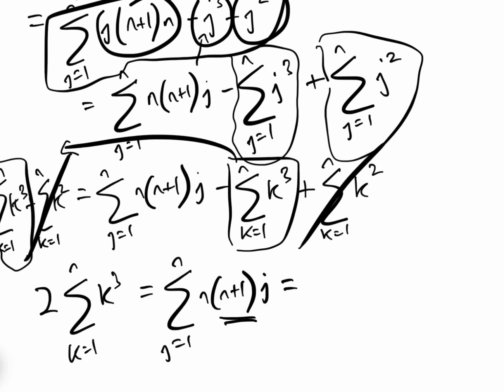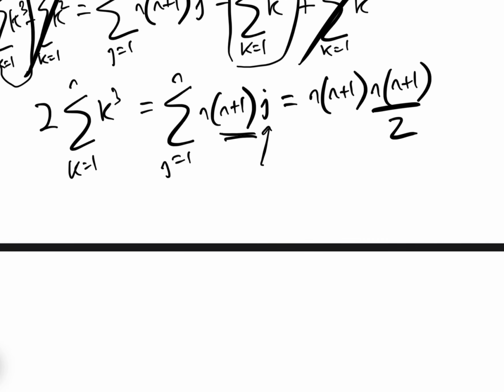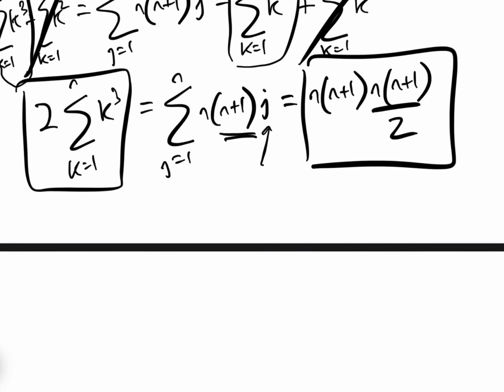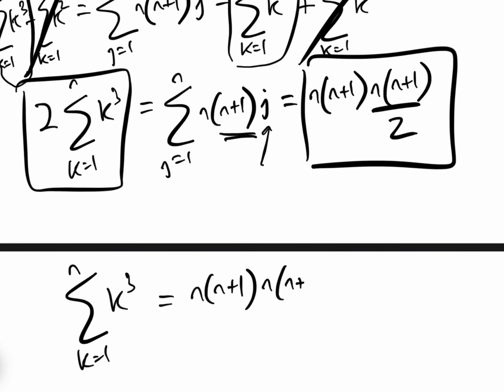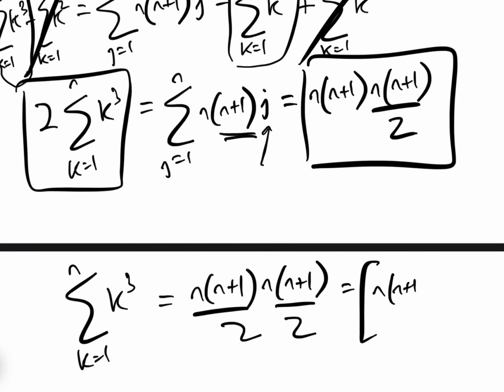Now, looking at this here, n plus 1 is a constant, and the sum of the first n natural numbers, which is what the sum from j equals 1 to n of j is, is n times n plus 1. So the sum of that is n plus 1 over 2. And we're almost there now. Basically, all we've got to do now is we have that 2 times the sum from k equals 1 to n of k cubed equals this. So taking the 2 over, we have that the sum from k equals 1 to n of k cubed equals n plus 1 times n plus 1 over 2, which equals n plus 1 over 2 squared, which equals the